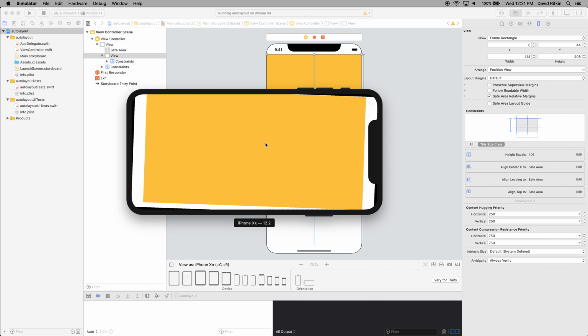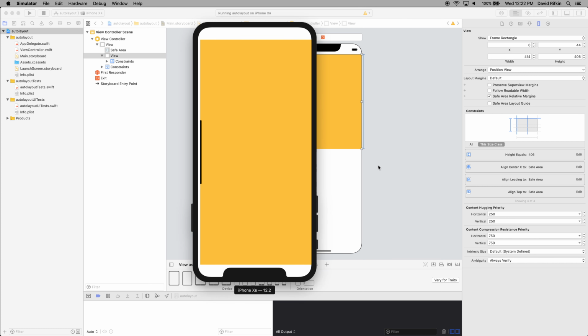So it loads, and then when I turn the screen, it's still 408 points high, which is pretty much all of the vertical space in the screen here. But now it's also trying to extend its width to have no leading space to the safe area, so no space right before the button there, and to be aligned in the center, which means it's stretching all the way to the other side of the safe area as well. So now if I rotate it,